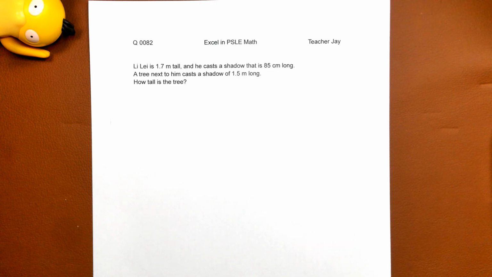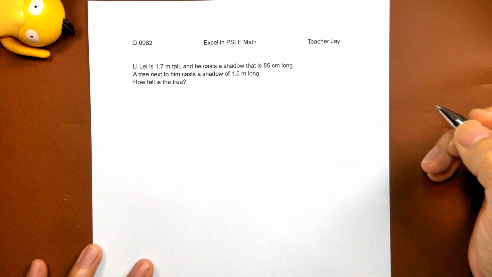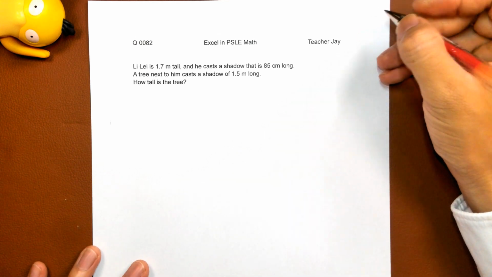Excel in PSLE Math, question number 82. Lily is 1.7 meter tall and he casts a shadow that is 85 centimeters long. 李雷的身高是1.7米，他造出来一个影子，这个影子的长度是85个厘米。然后他说，a tree next to him casts a shadow of 1.5 meter long。它旁边有一棵树，造成的影子是1.5 meter long。And how tall is the tree？这是一个比例的问题。我们应该知道的